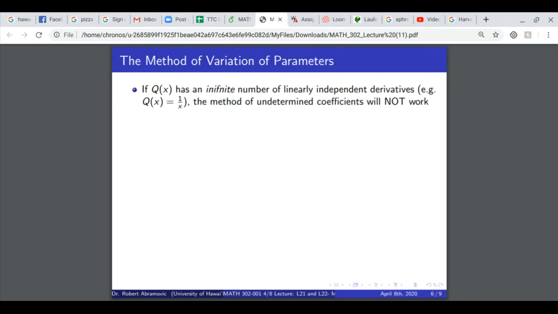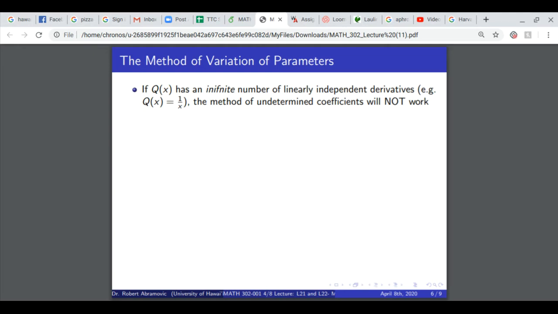Now we'll discuss the method of variation of parameters. If the function q of x has an infinite number of linearly independent derivatives, for example 1 over x, the method of undetermined coefficients won't work. That's because the method of undetermined coefficients only works when you get terms that will cancel and when there are finitely many linearly independent derivatives. So eventually, as you keep differentiating the function, you'll get 0, or you'll get functions that you've